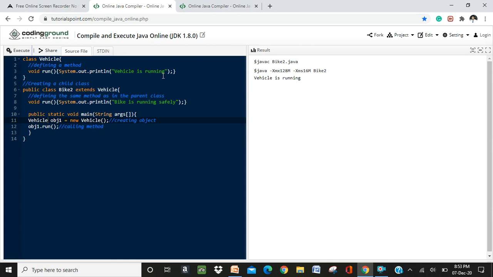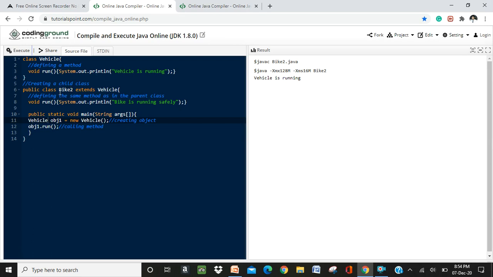So its first combination was when the superclass variable was referring to the child class object. Definitely I can tell this one is going to print. Whenever the superclass variable is referring to the object of the superclass itself, the content of the superclass is going to print, this run.